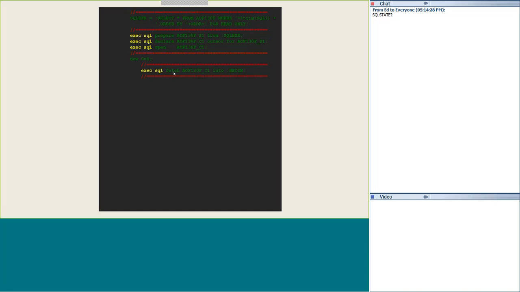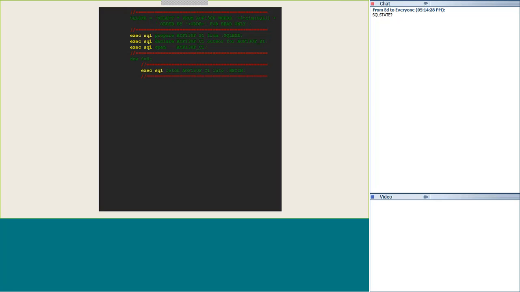However, not so long ago, I discovered that both the SQL state and the SQL code are embedded in a data structure called the communications area,